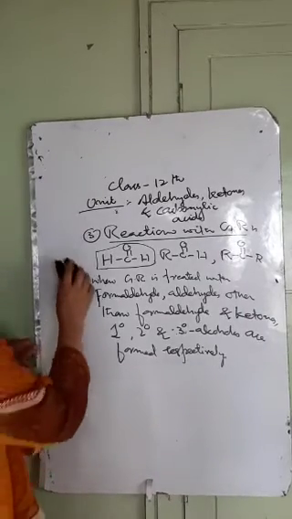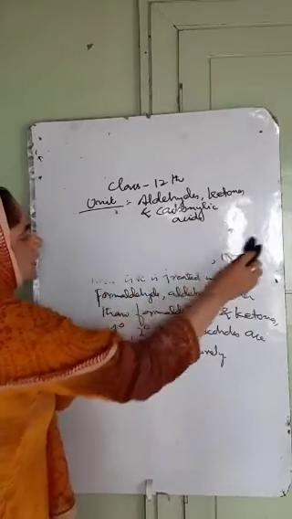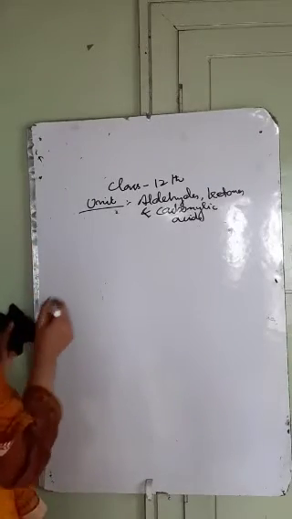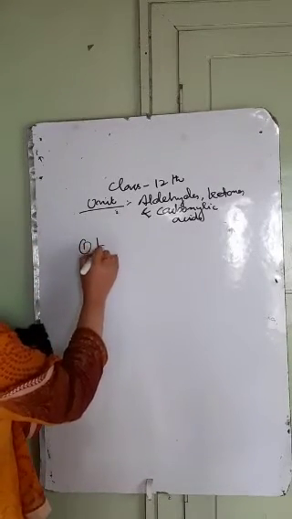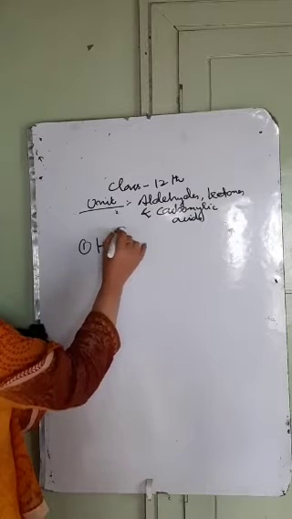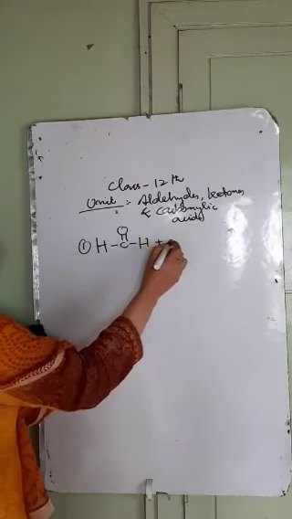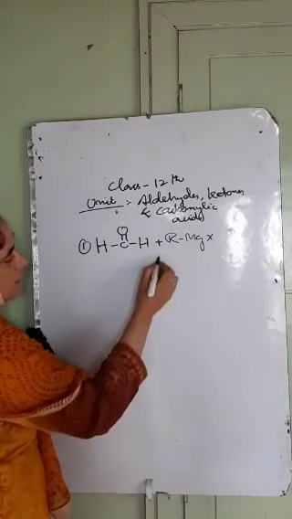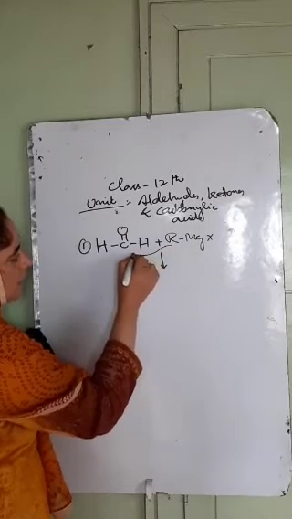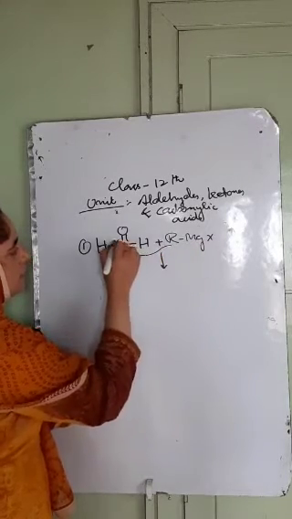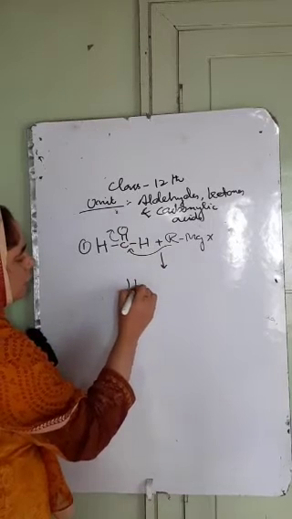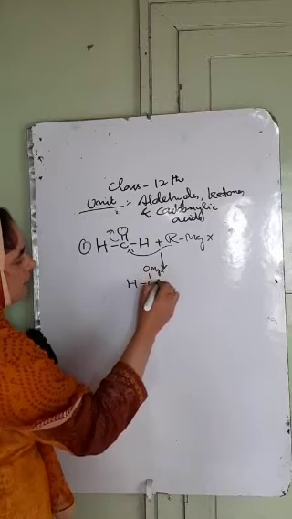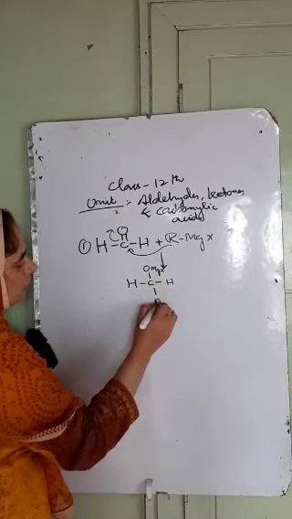So we have the reactions. These three types of reactions are as follows. Number first, with formaldehyde, Grignard's reagent that is RMgX. This is Grignard's reagent. यहाँ पर जो है alkyl group, it will act as a nucleophile and MgX कहाँ चला जाएगा, ऑक्सीजन के पास. So you have R, H, C, OMgX, and here you have H and here you have R.